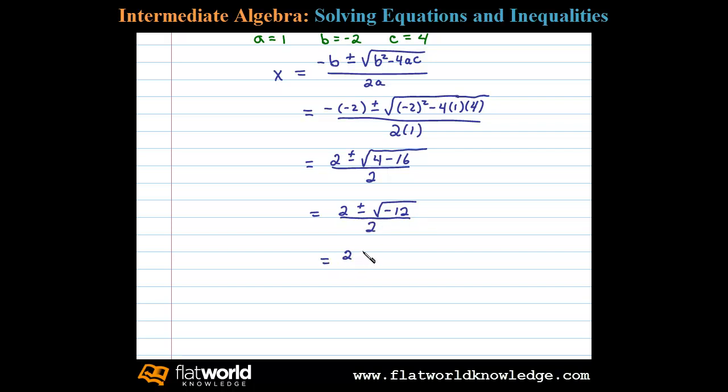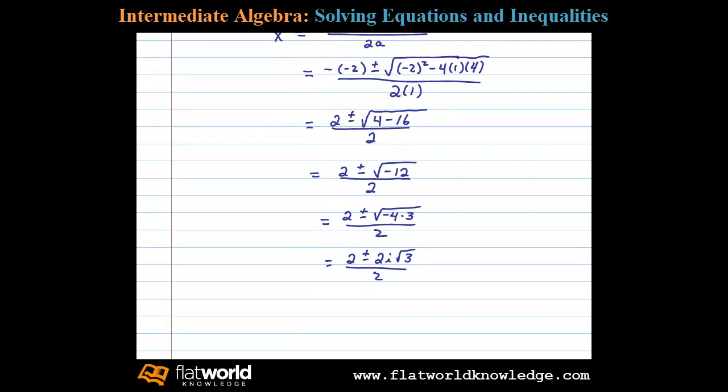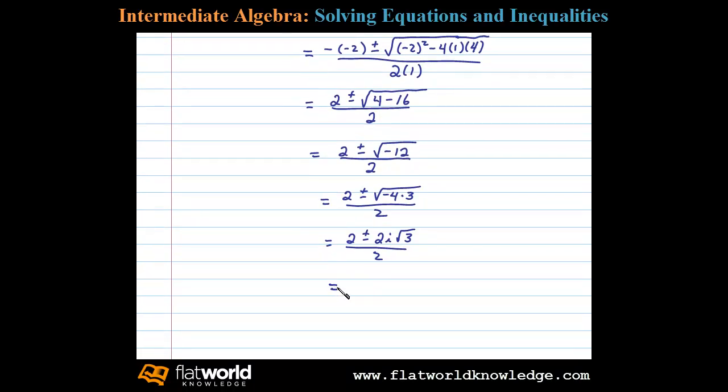Now at this point we can write negative 12 as the square root of negative 4 times 3. And the square root of negative 4 is 2i. So we have 2 plus or minus 2i times the square root of 3, divided by 2. And then finally, reducing, 2 divided by 2 leaves us with a 1, plus or minus 2i square root of 3 divided by 2